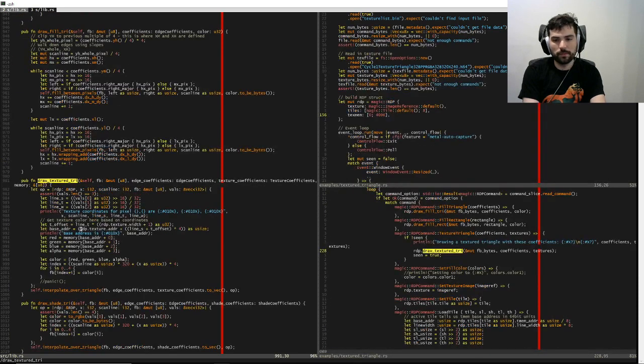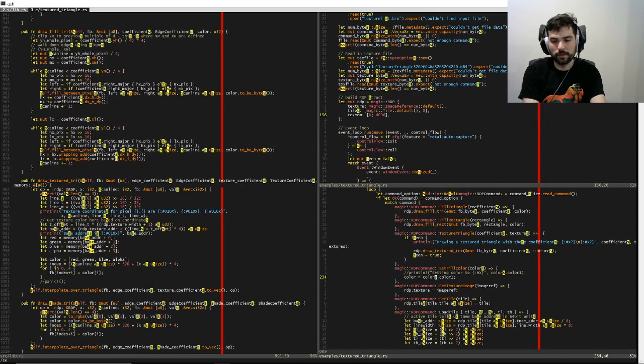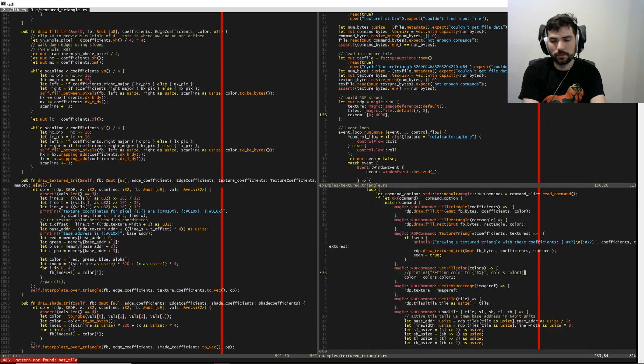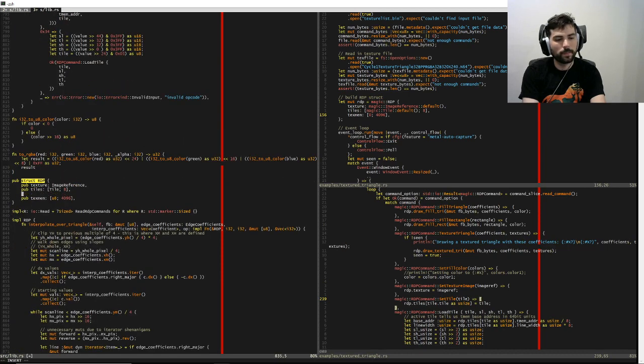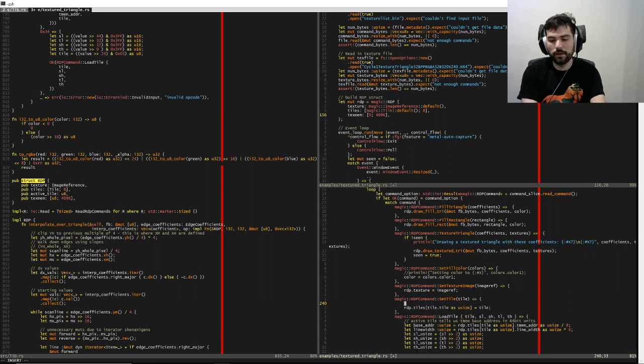So actually, we probably do need some sort of active tile then. Yeah, so let's add that to our RDP. Okay, and then when we call set tile here, we're going to do RDP dot active tile is equal to tile. And then here we're going to go ahead and do